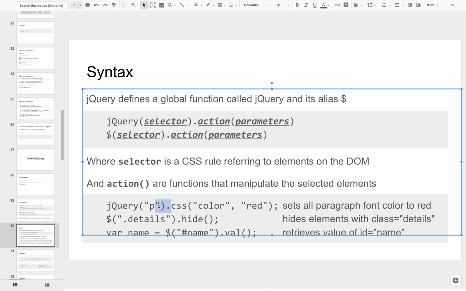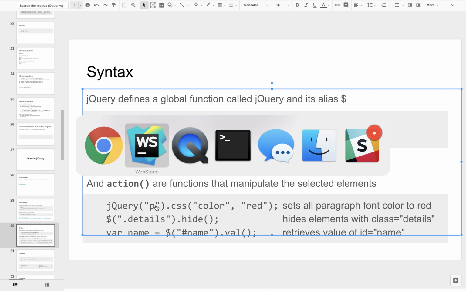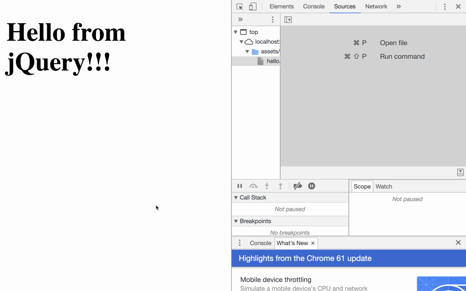Let's see if we can build a paragraph here. So let's go here and add some code. I'm going to also have here a script that loads src hello.js, in which I'm going to do all my coding, which doesn't exist yet.